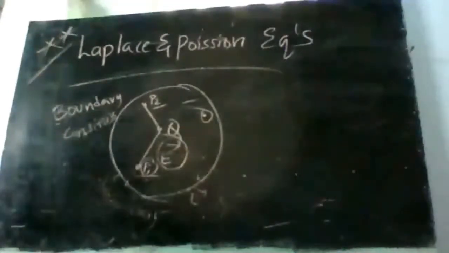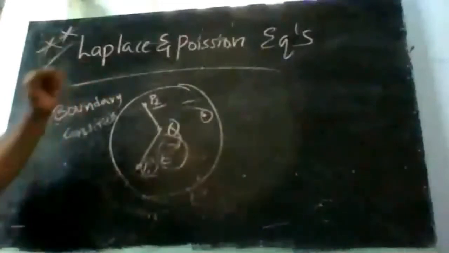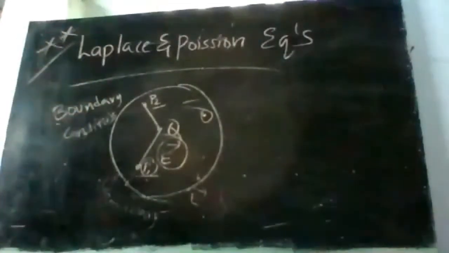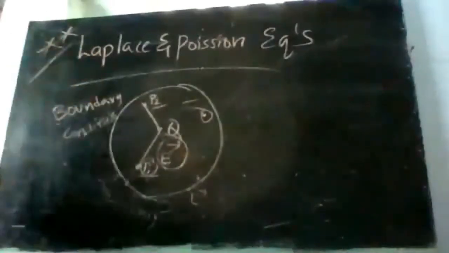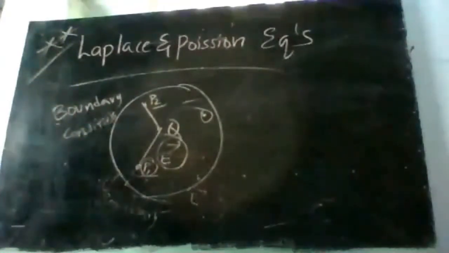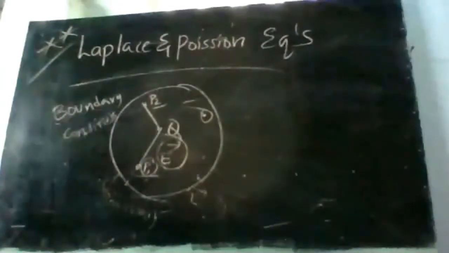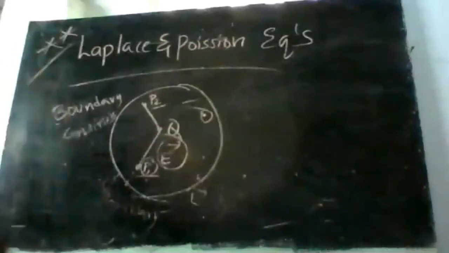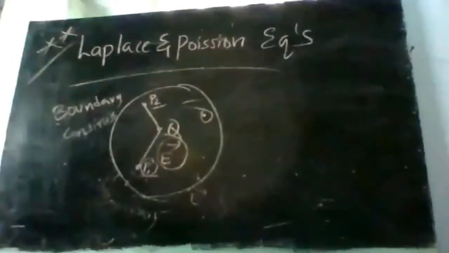Are you able to understand? So the speciality of Laplace and Poisson's equations is that, using this method, if I know E bar or potential at a particular point, which we call a boundary point, I can calculate the value of potential or E bar at any other point.